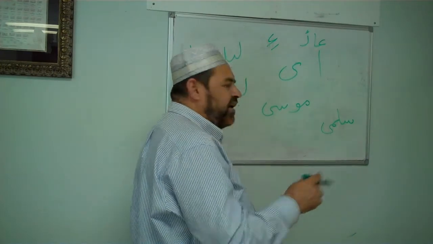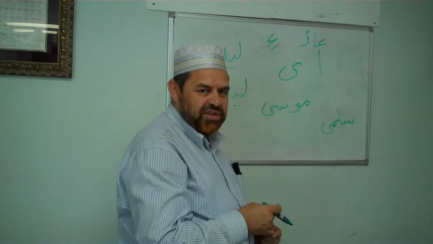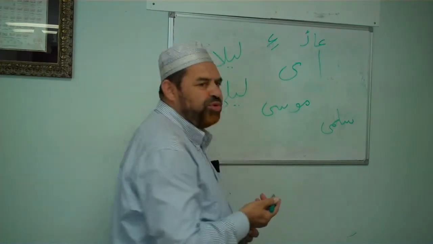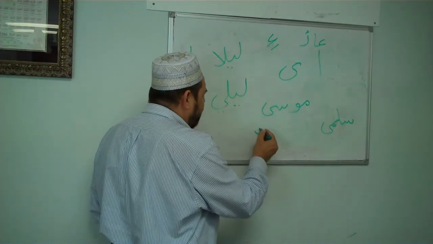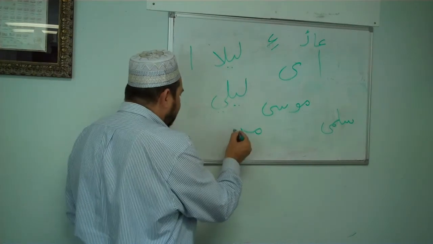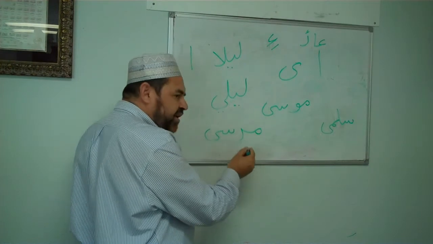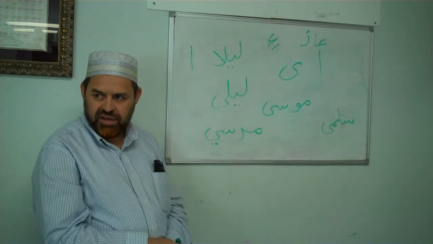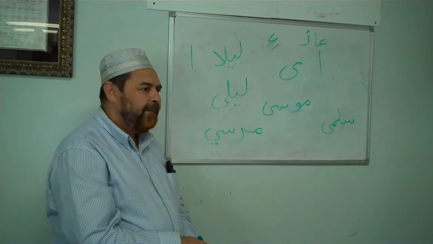Like the newly elected president of Misr, Muhammad Mursi. So first of all, it's not Musa, it has the letter Ra after Mim, Mur, right? Then Sin and Ya. But when you write his name, then you will put the nukta here, right? They have a drink in Saudi Arabia called Mausi.